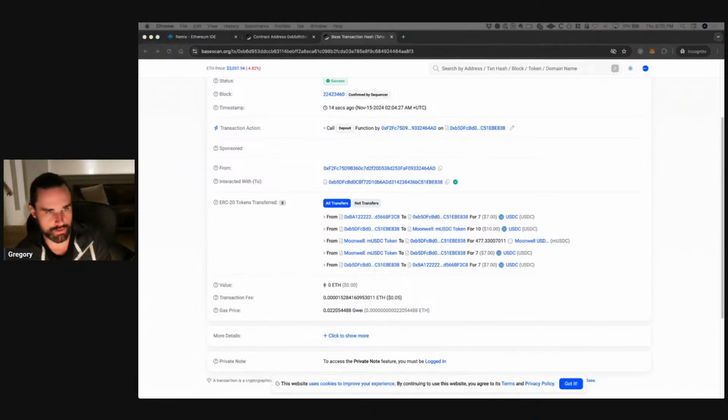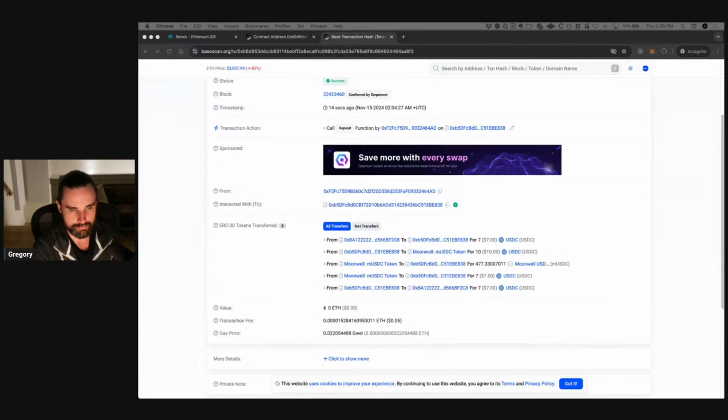So the beauty of this strategy is that it's literally a set it and forget it type thing. Now that I'm sitting here, the money's in the application, and I don't have to do anything. It just sits there and gets rewards for me. And if I want to collect the funds, I just withdraw them. If I withdraw them now, it's going to be a fraction of a penny in passive income because it's only been sitting there for like a minute at this point, right?